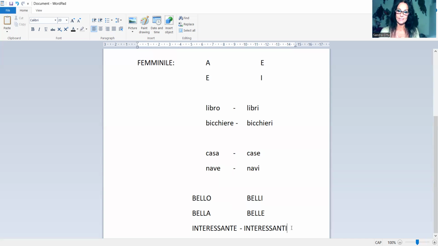Because interessanti belongs to the group of adjectives that only has the difference between singular and plural, not masculine and feminine. Instead, for an adjective that belongs to this first group, case can only be belle, because we had the four endings. So we are going to use the ending for feminine plural.